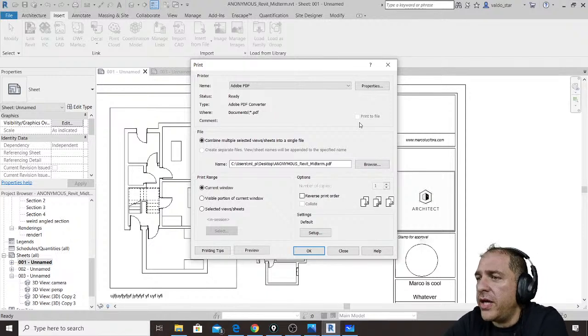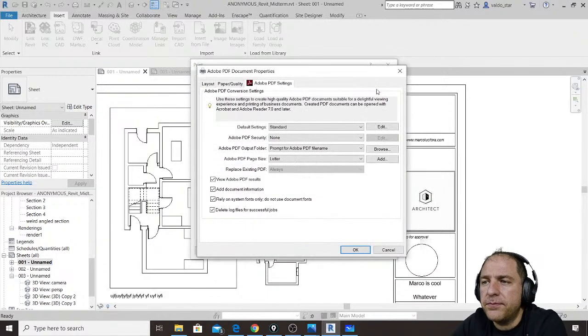So in between those 22,000 software that come with the Creative Cloud, so Photoshop, InDesign, and whatever, I also have the official Adobe PDF printer,